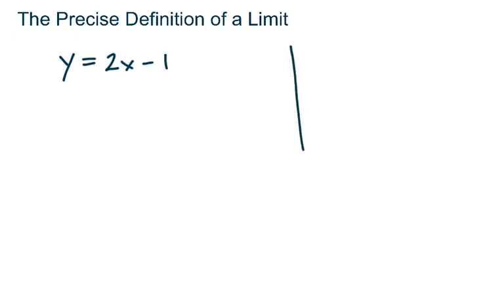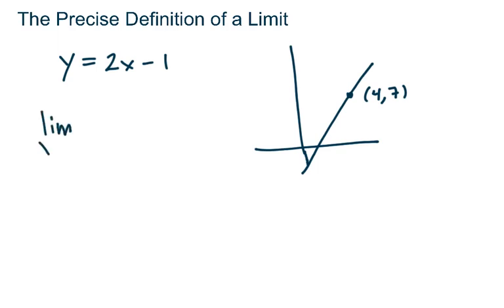Well, we know what the graph of that is. That's a linear function with a y-intercept at -1 and a slope of +2. It looks roughly like this. And we know there's a point on this graph that we could say is (4, 7). Okay, so if I said to you, what is the limit as x approaches 4 of 2x minus 1, you